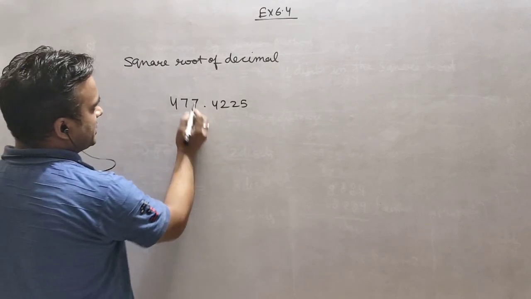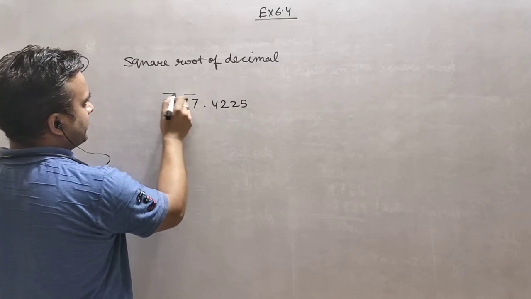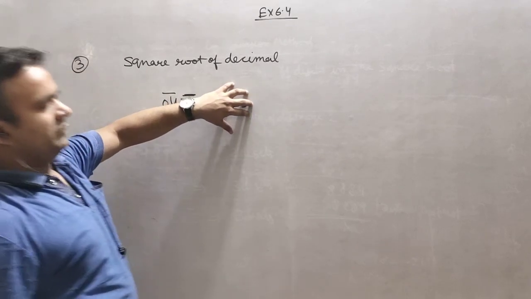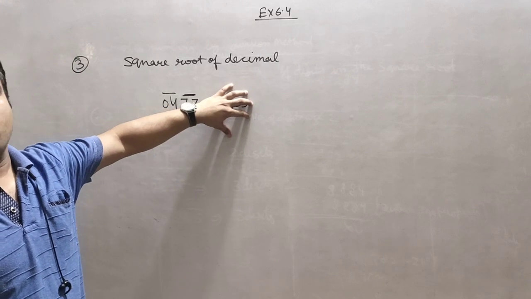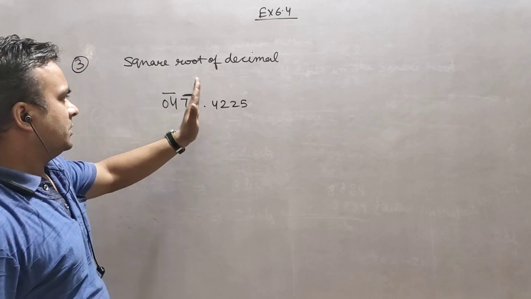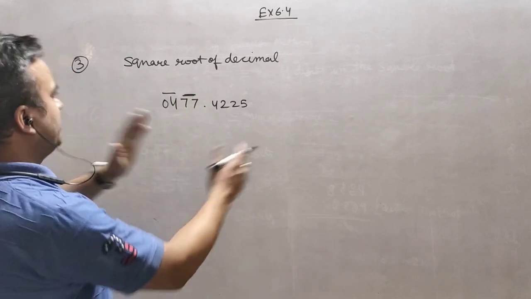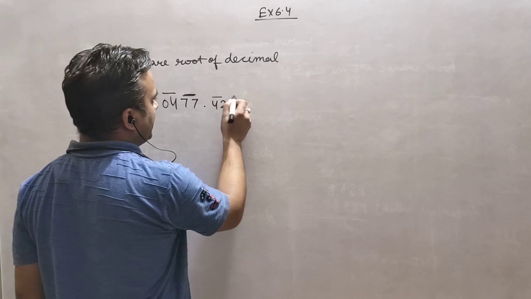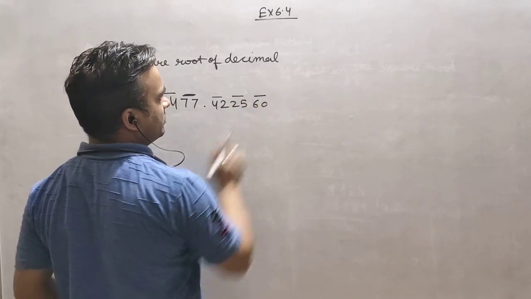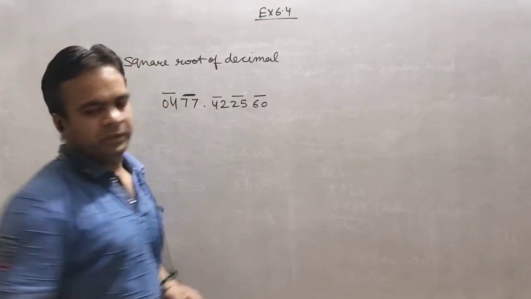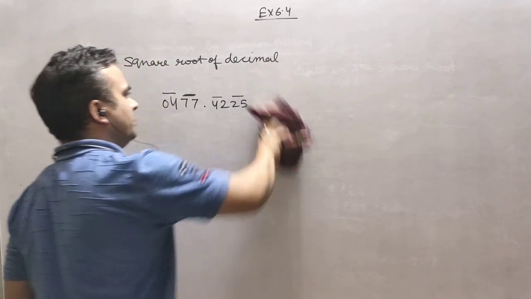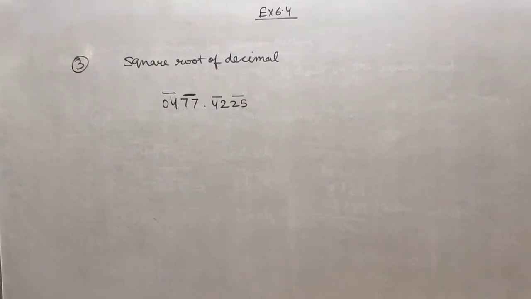So it means for 77 we put the bar from here. We know very well, because every number which we did in the previous questions was a whole number, that we start the bar from right to left. In this case we put a bar from here. Suppose one digit is left over here, for example, so we will put a 0 here so that the bar can be completed. But there are two complete pairs, so there is no problem, right?